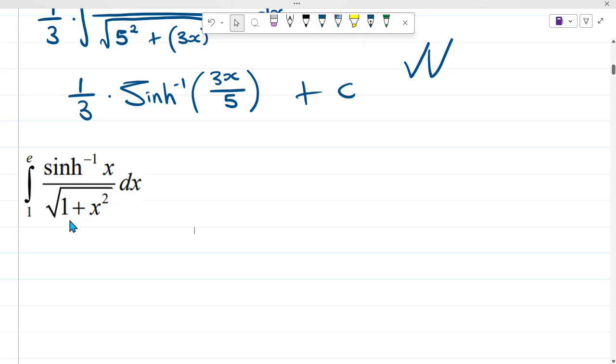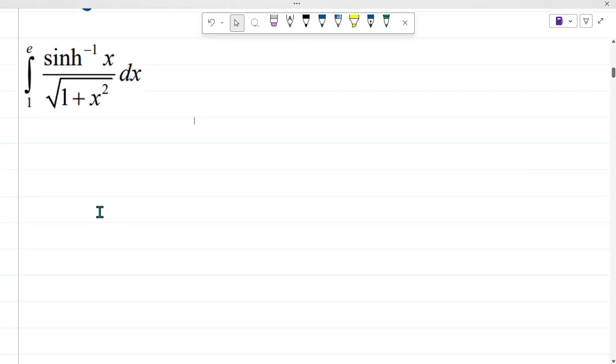So when we check here, of course, this format of a square root of 1 plus x squared is that of sine inverse, but it's failing to be the integral of hyperbolic sine inverse because of what? Because we know that whatever that is squared here, we should see the derivative of it on our numerator. So when we check our numerator, there is no way that the hyperbolic sine inverse is the derivative of x, you know. So that tells you that now you have to think about other rules that we use: